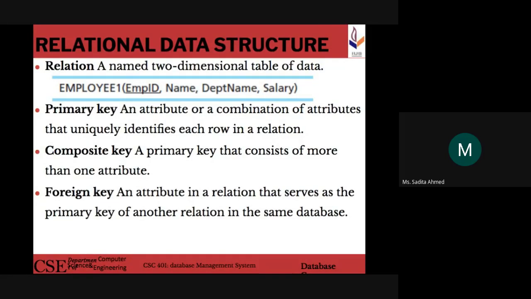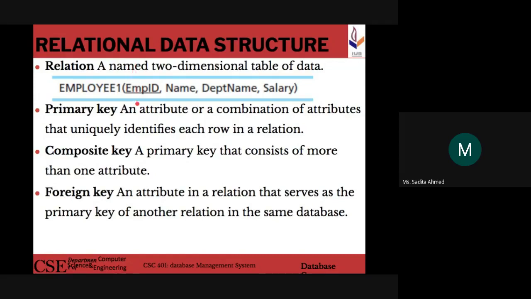So, for example, employee is a relation. We're going to call employee 1 a relation with the attributes employee ID, employee name, dep name, salary. These are the 4 attributes of the employee 1 relation. What does this relation represent? It represents the two-dimensional employee 1 table in the database. In the employee 1 table,